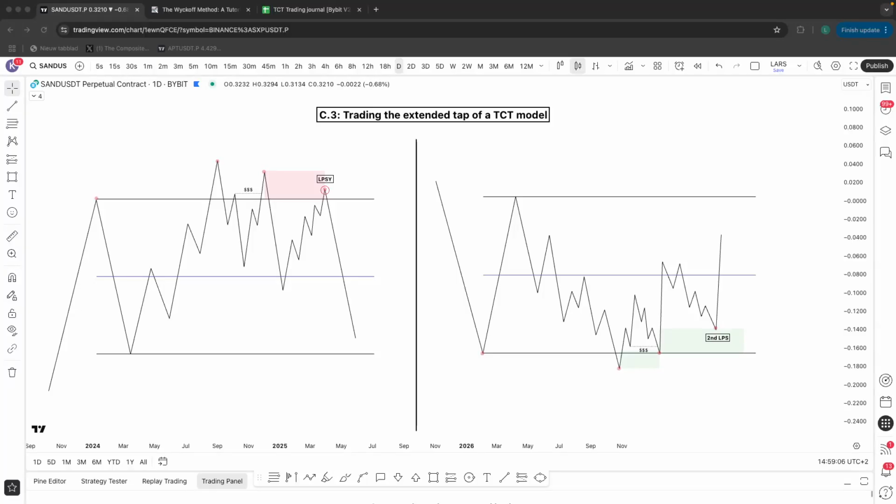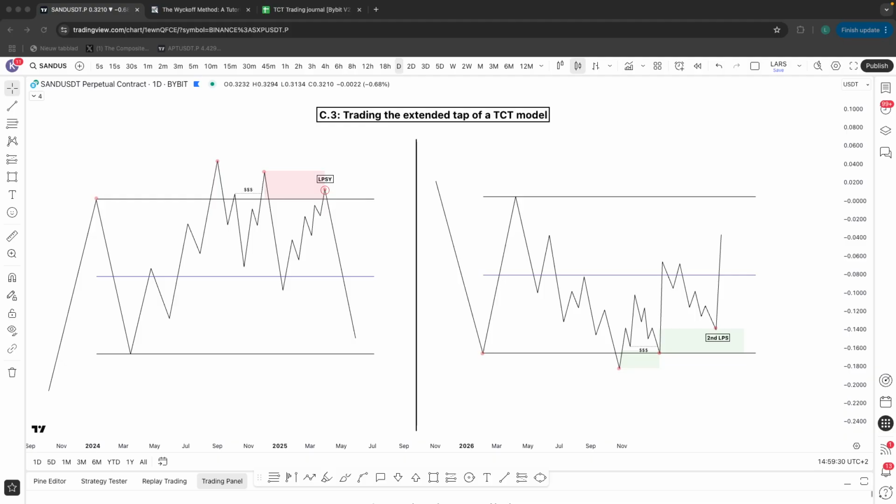Trading the extended tap of a TCT model. There are going to be live trading situations where you will see me take a trade which is not at the original third tap of our TCT model, but rather the retest that comes after the third tap already took place, which is something I like to refer to as the extended tap, which you could also name the fourth